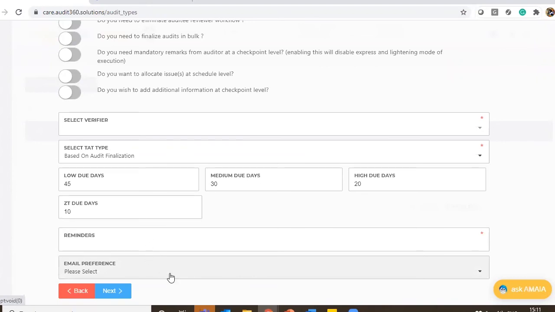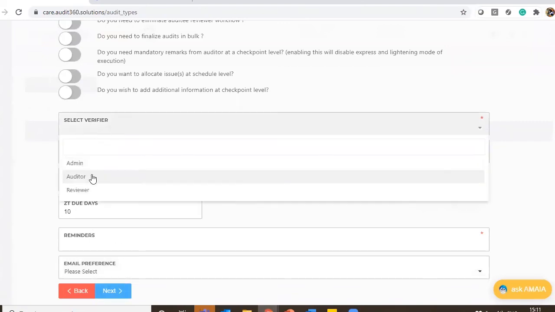Whatever email preference and reminder we have attached to the audit type, the notification or follow-up emails and reminders are sent basis the open and overdue issues, or every action we do. It will all be purely based on the configuration we have attached here. So then we move next.